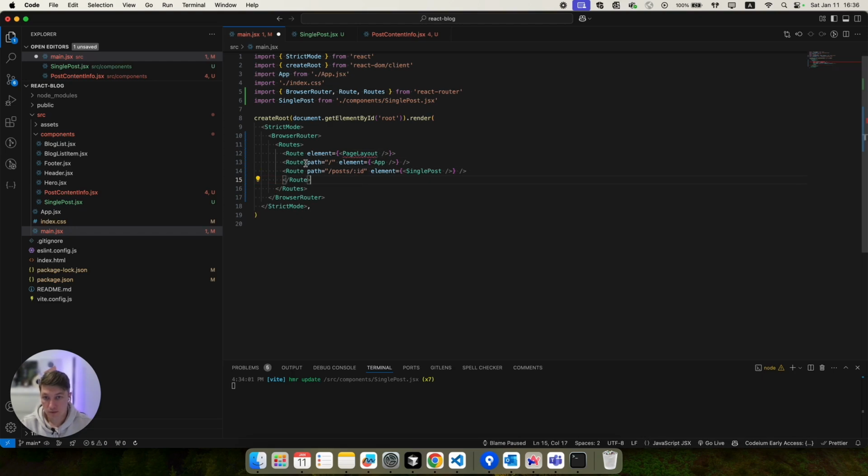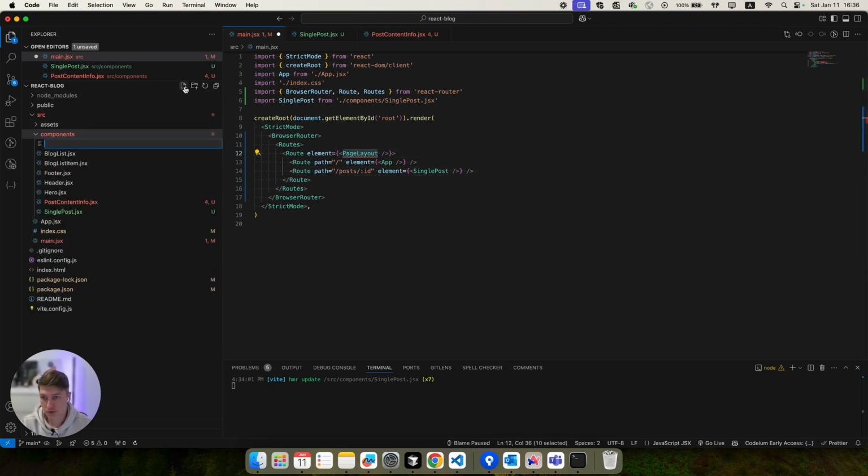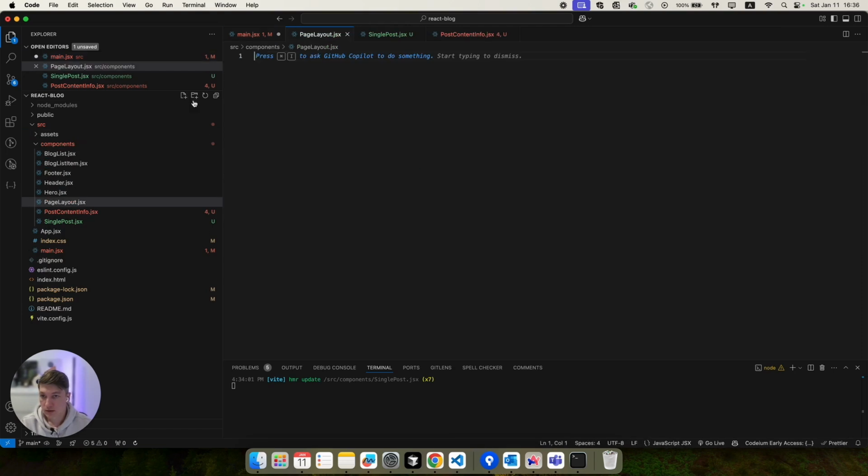We need to wrap everything. So what is the component? Let's create this component. It will be just a simple component.